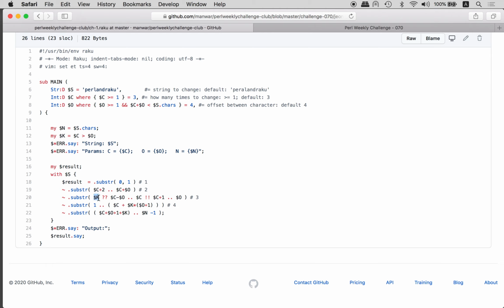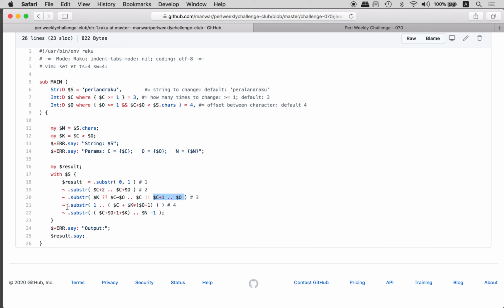Then if count is bigger than offset, we could just move our position a little back, but okay, let's ignore this. So if it's the correct case, then we have this range from the count plus 1 position till